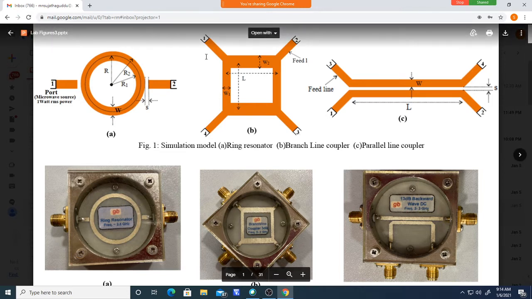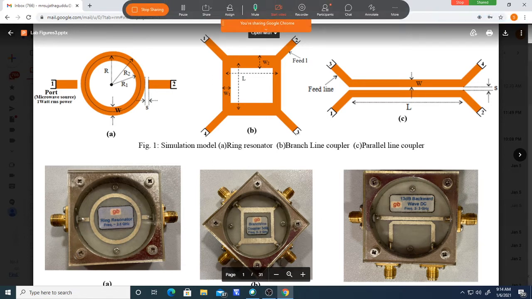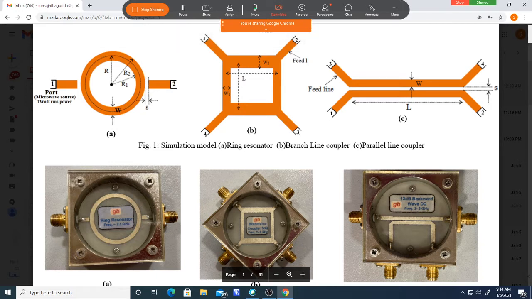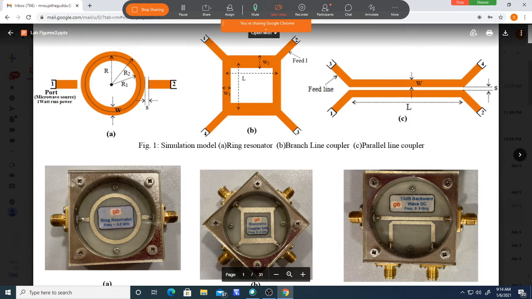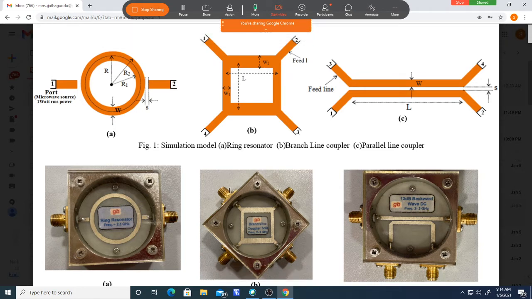I took this as port 1. So this is port 1. And this is port 2. You should analyze port numbers like this, because with respect to port numbers we are seeing the signal. We are sending the signal, for example, at port 1, and equal power division is there at port 2 and port 3. Equal power division here and here, that means 2 and 3. You should identify which are 2 and 3, and which is 1. Otherwise, if you take this as port 2, your output will be wrong.